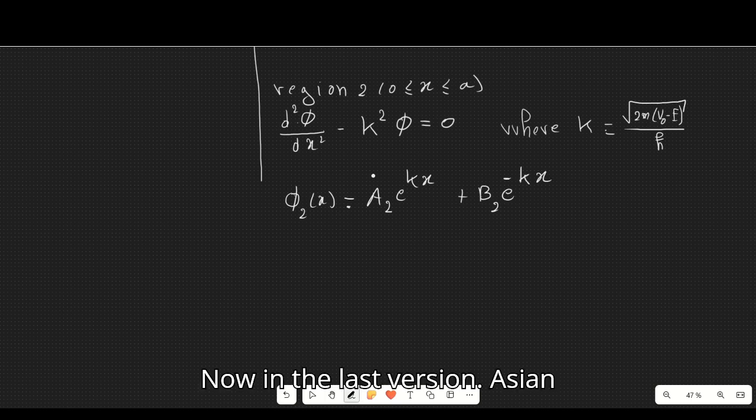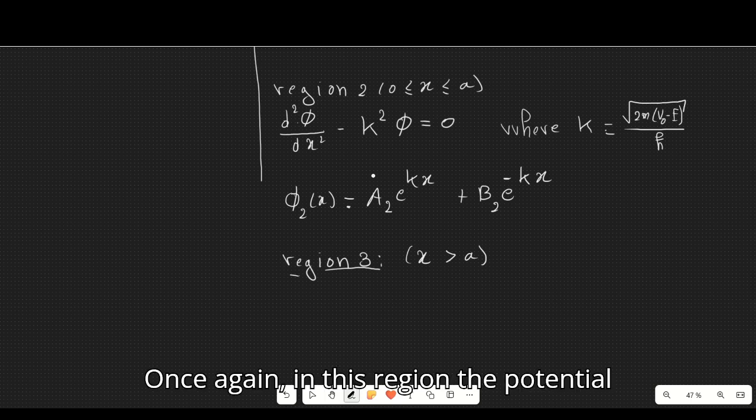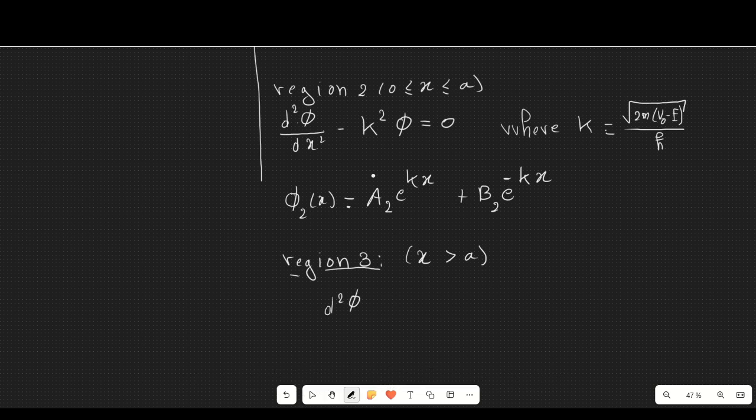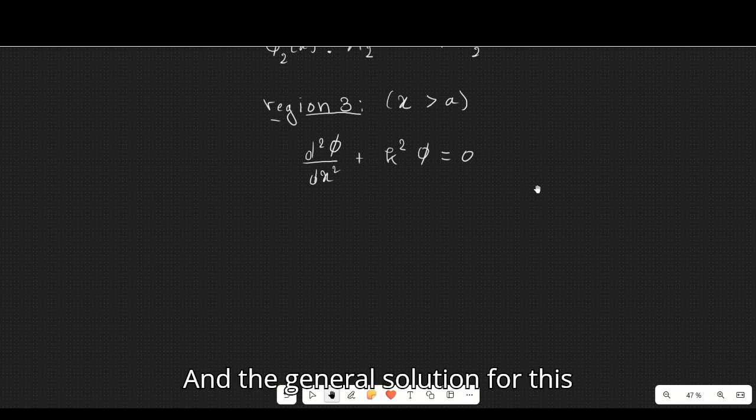Now the last region, region 3. Once again, in this region, the potential energy is 0, so the Schrödinger equation remains. And the general solution for this differential equation is